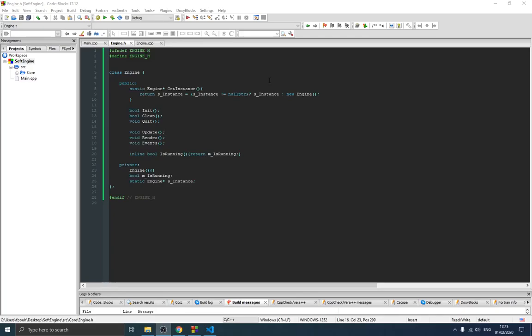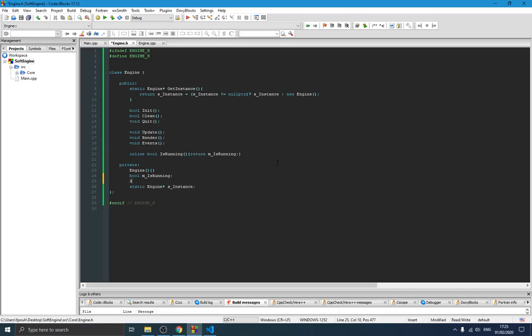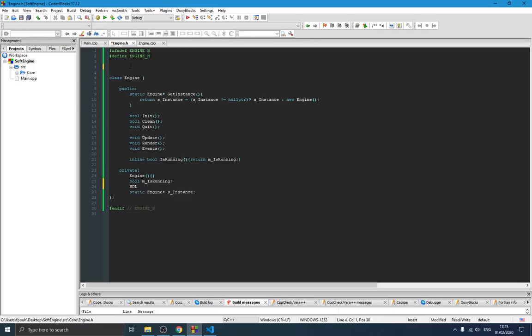Now the first thing we need to create in our engine class in order for us to create a window is two variables. We need a window pointer, and we need a renderer, because the renderer is going to be the guy on which we will draw everything, and it will contain everything that will be drawn on the screen actually. So now we simply say SDL, so we need to make sure we include SDL at the top here. So we say include